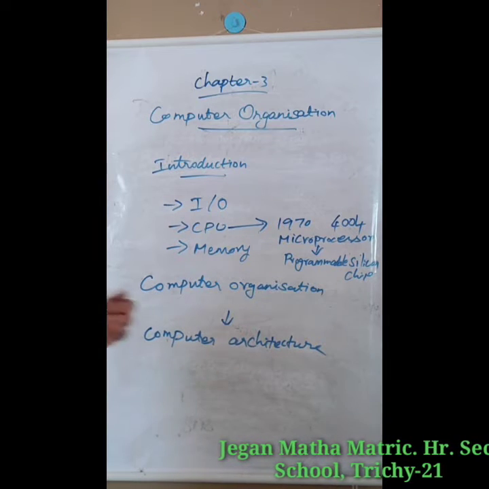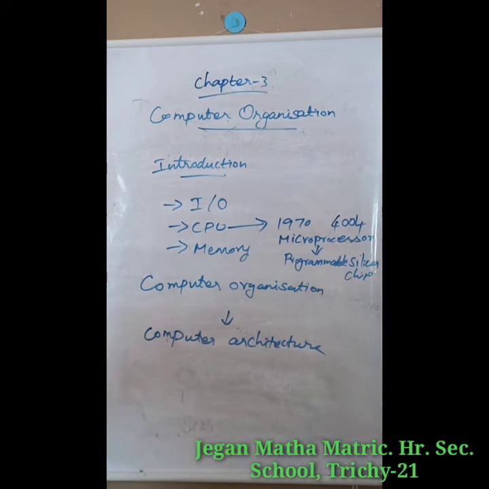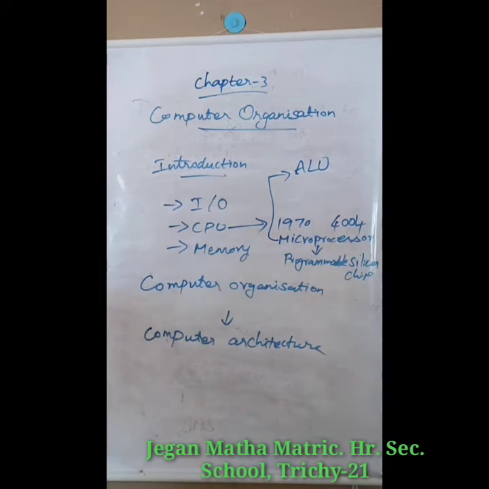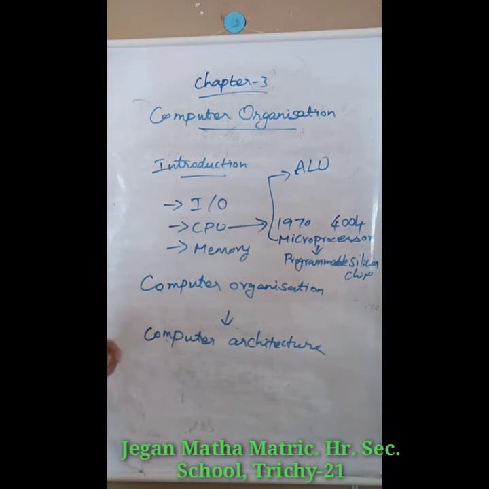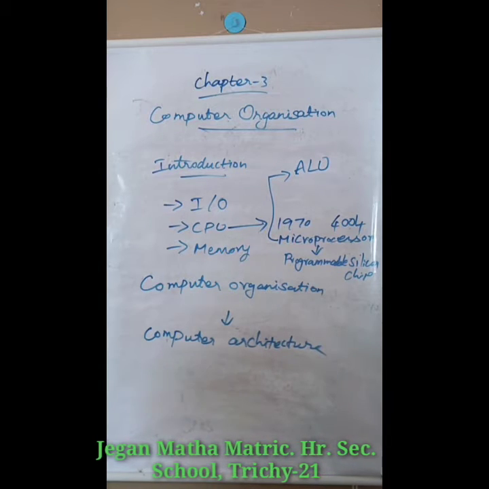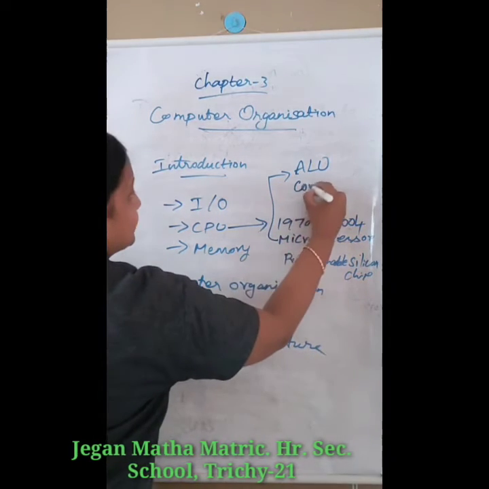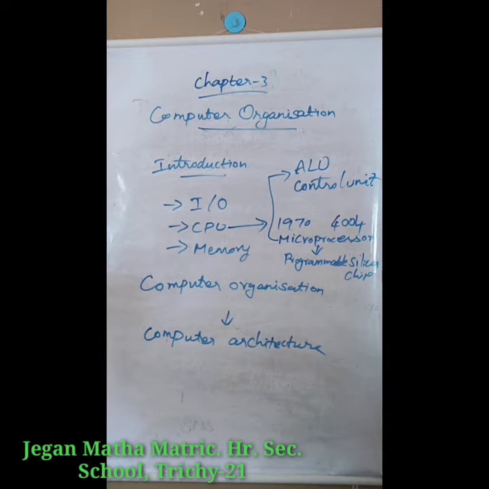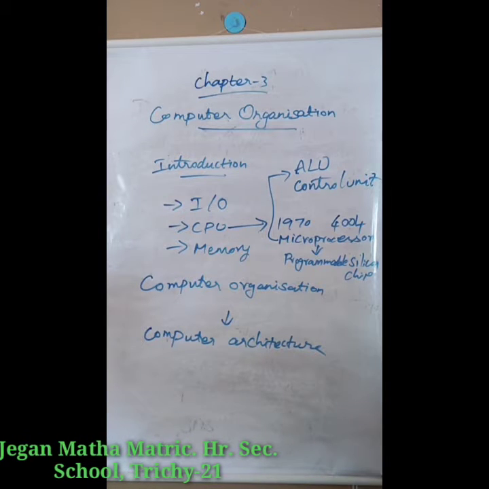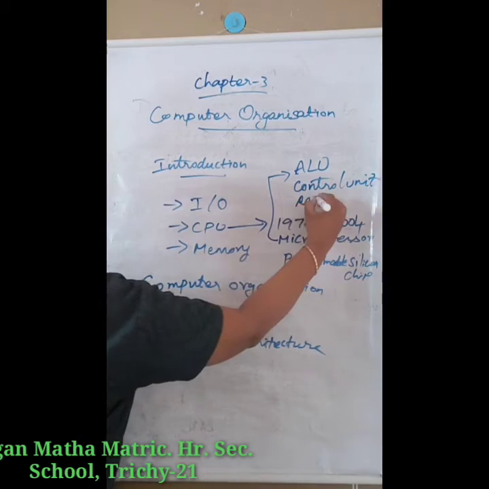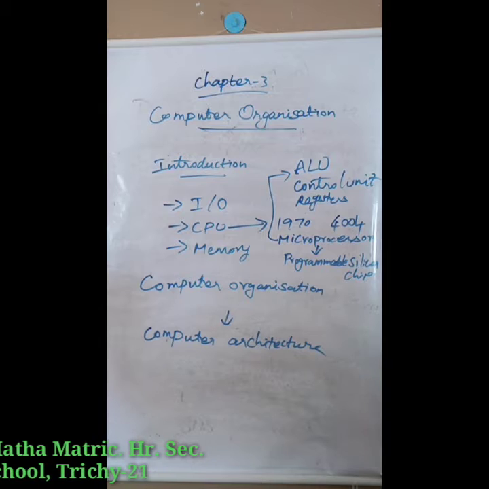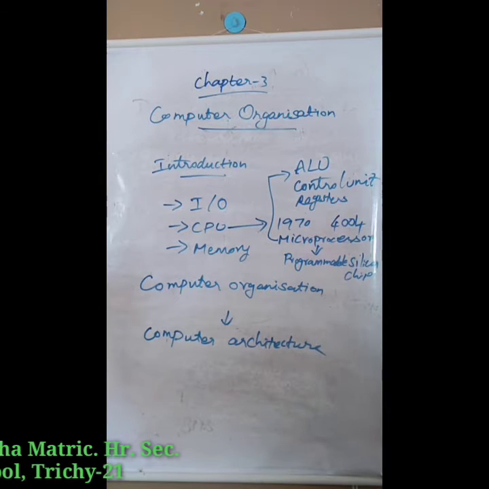So the microprocessor is made up of three components. The first one is ALU, arithmetic and logical unit. So that means it performs all arithmetic and logical instructions based on a computer instruction. Next, second one is control unit. So here it controls the overall operation of a computer through the signals. And next, third one is register. So here register, it is an internal memory. So it is used to hold the instruction and data for the execution of the process.